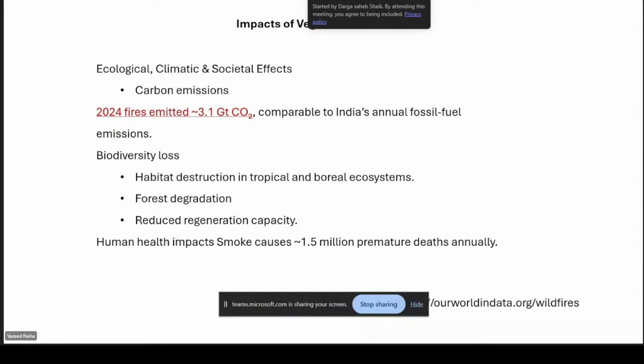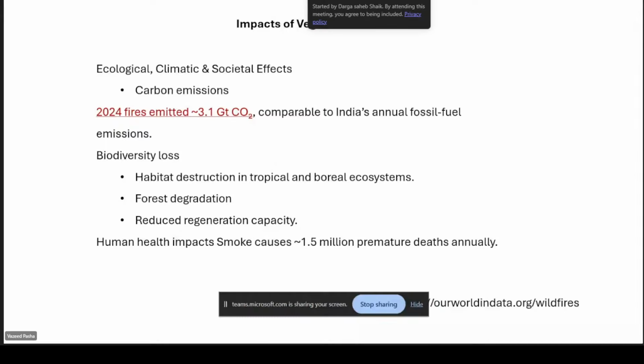India is a mega-biodiverse, mega-populous, demographic country, and that much CO2 was emitted in 2022-2024 due to fires.